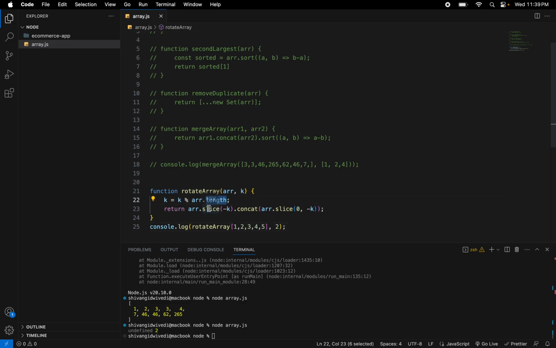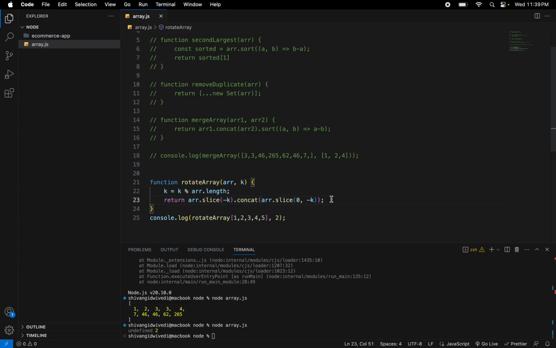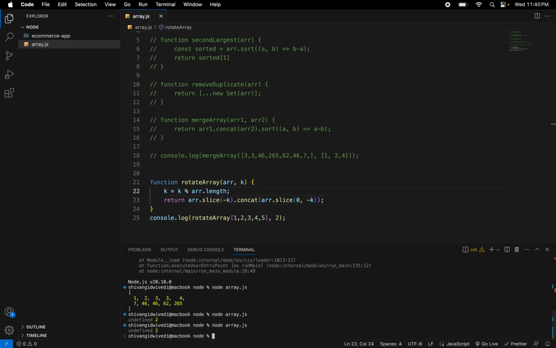Array dot length, and if we will be slicing it, it will be taking k, and concat. If we are slicing here, okay, array dot concat, this seems to be correct. Let's try to run it again. Okay, undefined,